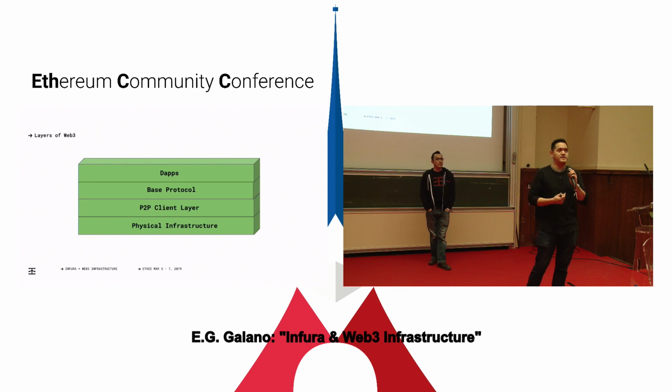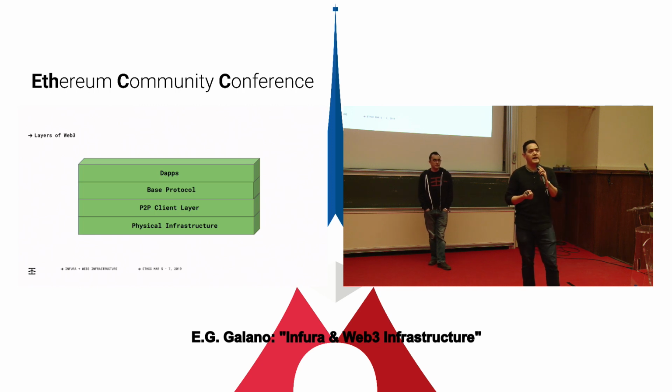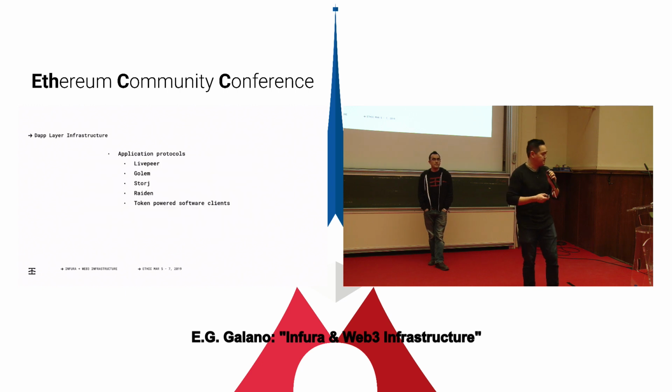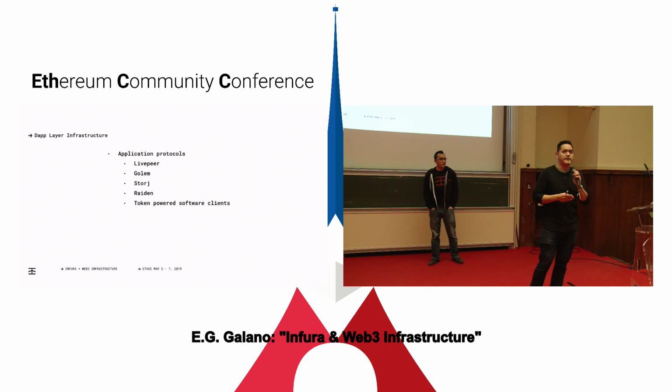And then below that is the peer-to-peer layer. So part of these decentralized distributed systems is being part of this peer-to-peer network. And I gave a talk at the Görli conference back in January talking about the peer-to-peer layer for Ethereum. And that's what I wanted to talk about a little bit later today. So below that is also the physical infrastructure. And by physical infrastructure, I mean the actual traditional web infrastructure that we still run on, whether that's data centers or Amazon cloud instances.